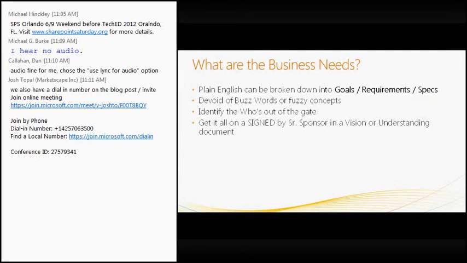Another key element is to make sure who's who needs to be there out of the gate as soon as possible. This would include all your business representatives, this would include anybody in IT that you need, and this would include anybody who has any kind of sign-off privileges.